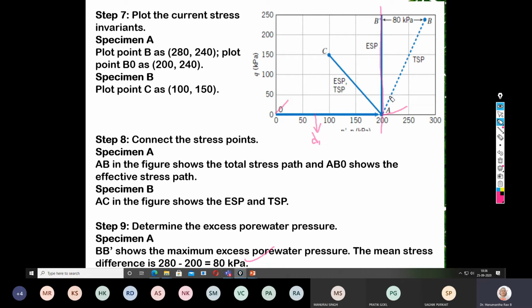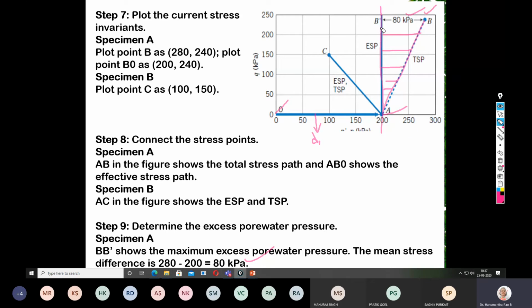Now from 200 kilopascals onward, you applied deviator stress, that is, you increase sigma 1 by keeping the valve closed. That is called the undrained condition. As you are increasing the stress, there is an increase in the pore water pressure. So this indicates that under undrained condition, more and more of the load is borne by the water particles. So at the final condition, the stress was increased to 440 kilopascals.